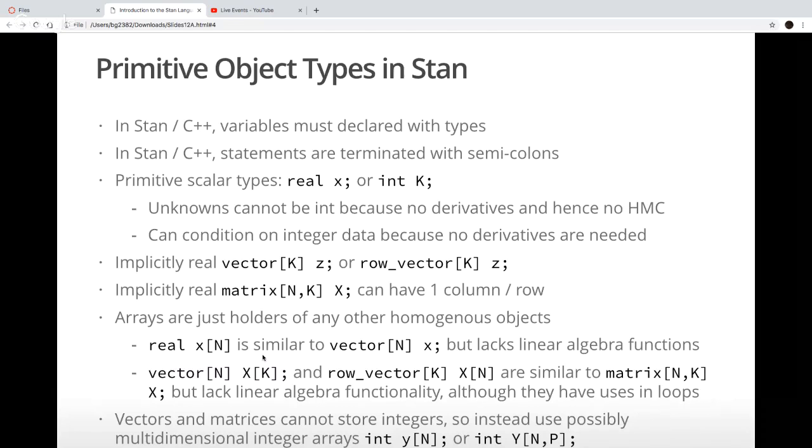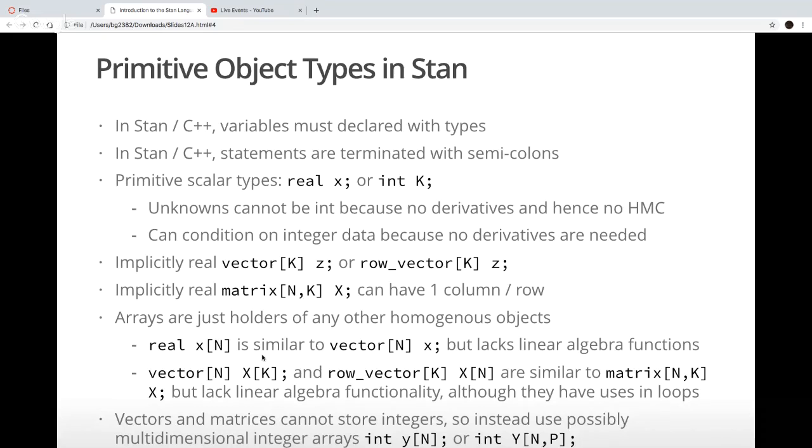And so in that case, you actually need to be storing the thing with integer types, in which case you can use a one-dimensional, two-dimensional, six-dimensional, whatever integer array. Int y with n elements to it, or n elements and p elements on the second dimension, etc. So multi-dimensional integer arrays definitely have a purpose.